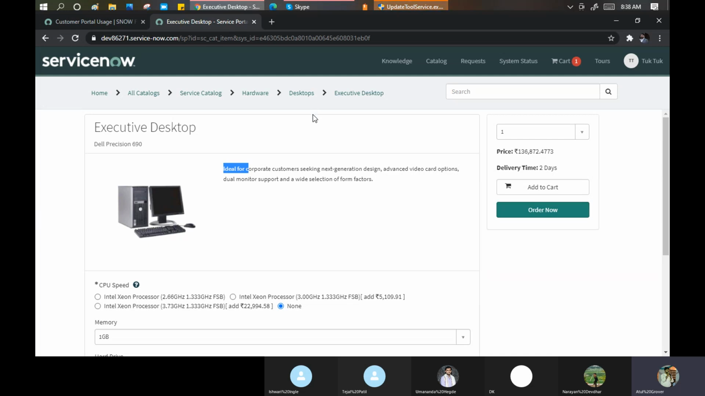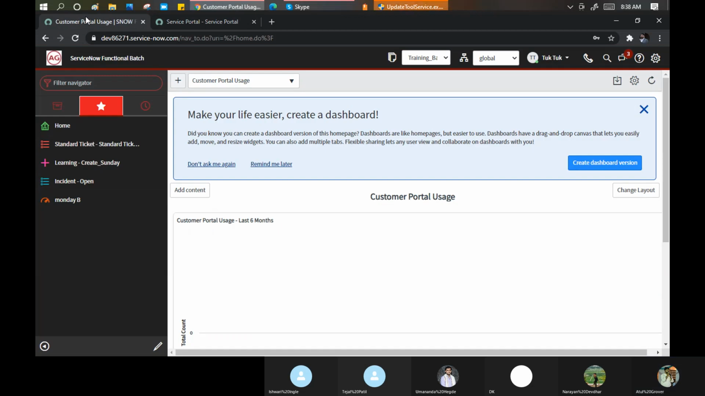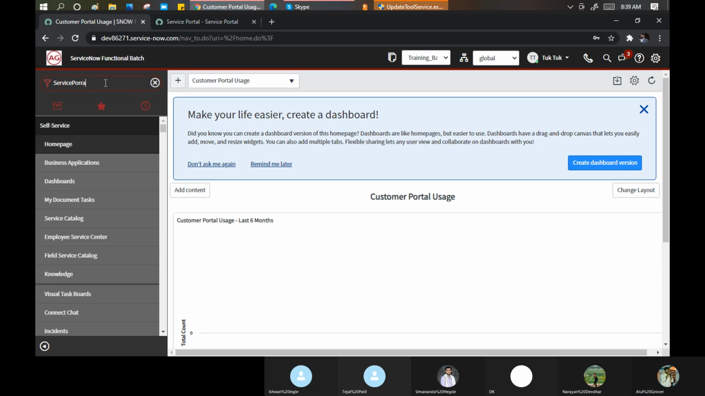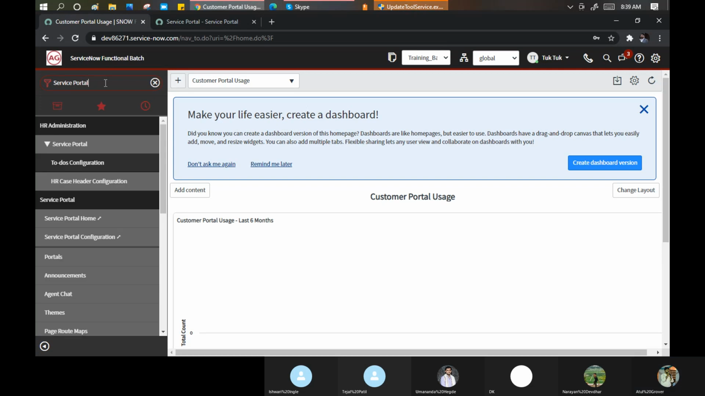Okay, so the first question that comes to mind is, from where can we see this portal? If I open this portal, because that is a base for me now. So how or from where is this page coming? If I want to search, go to my application navigator and search for the service portal. So you can see here